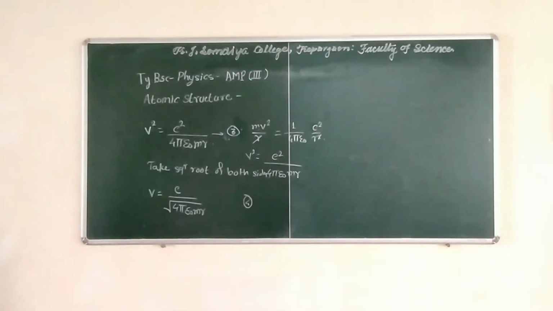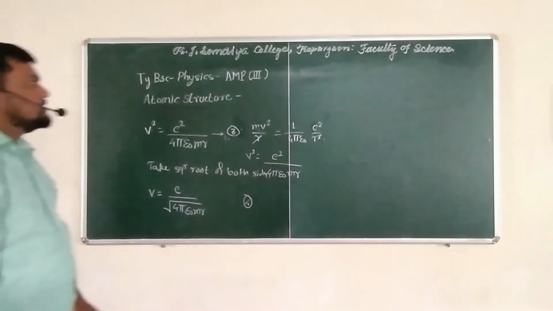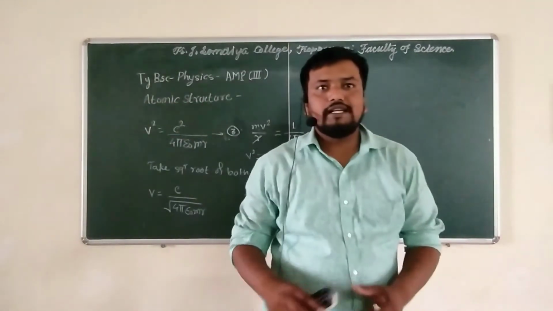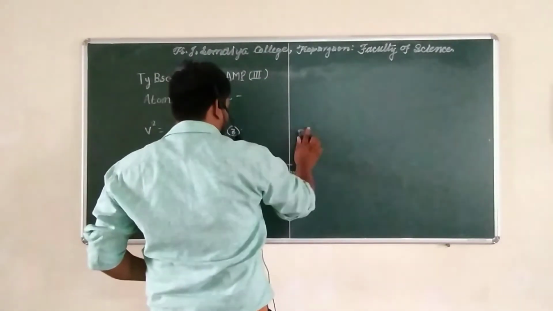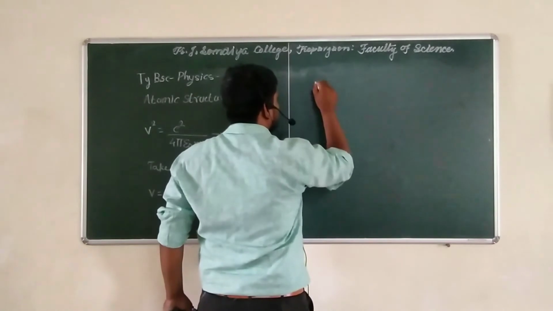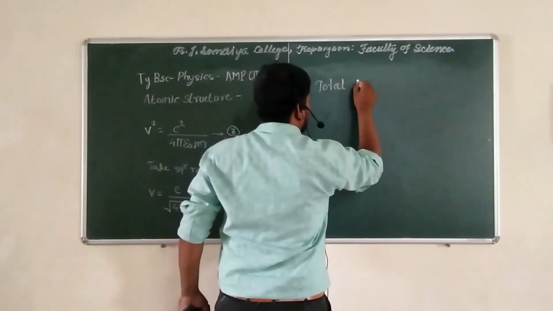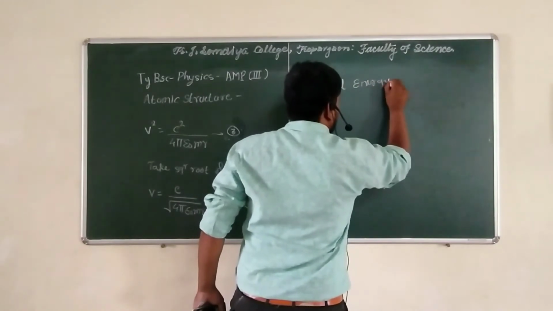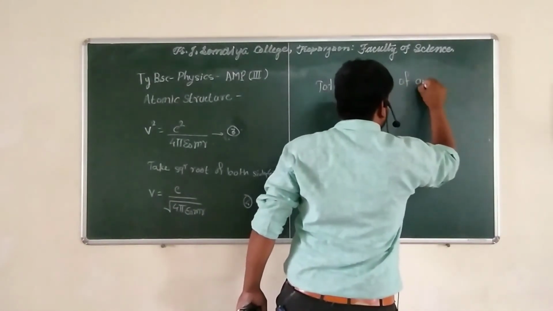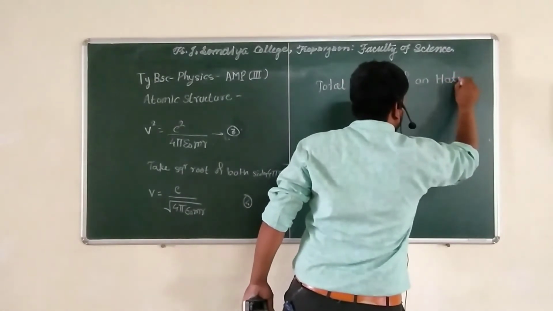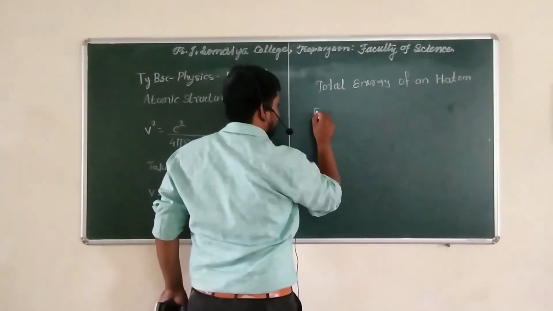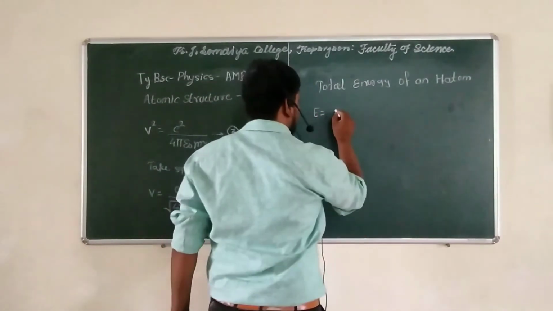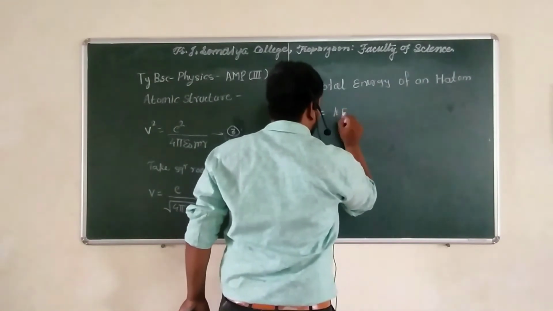So we want to calculate the total energy of a hydrogen atom, and the total energy of a hydrogen atom is the sum of kinetic energy and potential energy. So the total energy of a hydrogen atom is E equal to the sum of kinetic energy